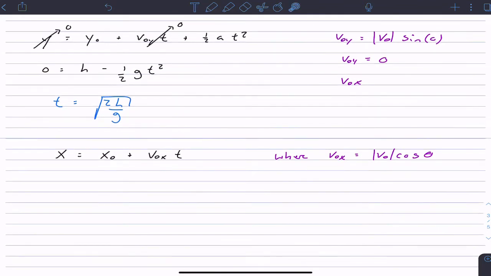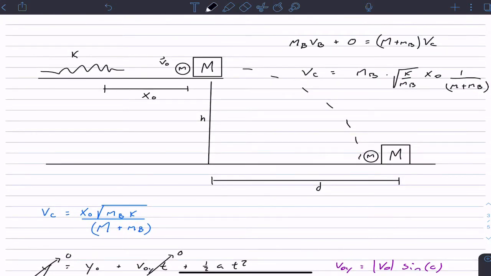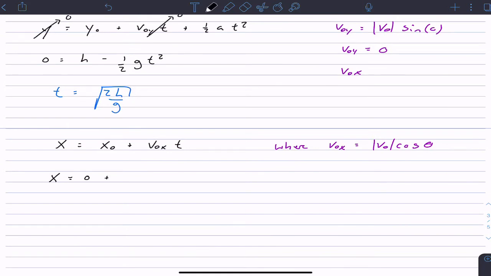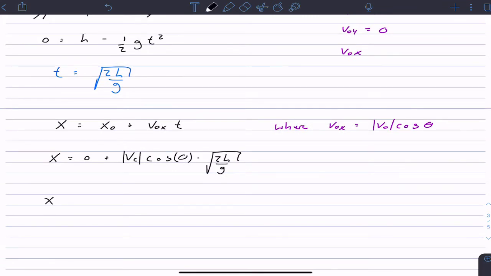Okay, but now since this is vc, we have x initial equal to 0. Our initial launch distance is 0. Let's call this 0. We want to know how far it goes. So x is 0 plus vc cosine of the angle, which is 0, so that's just 1, times time, and we just found an expression for time. So let's multiply that in. That's going to be the square root of 2h over g. So that means that x, the distance,